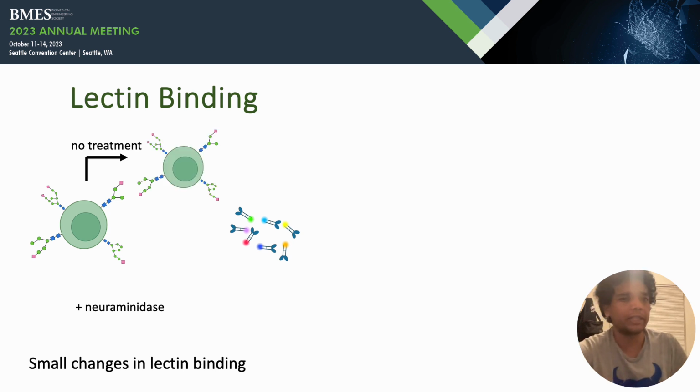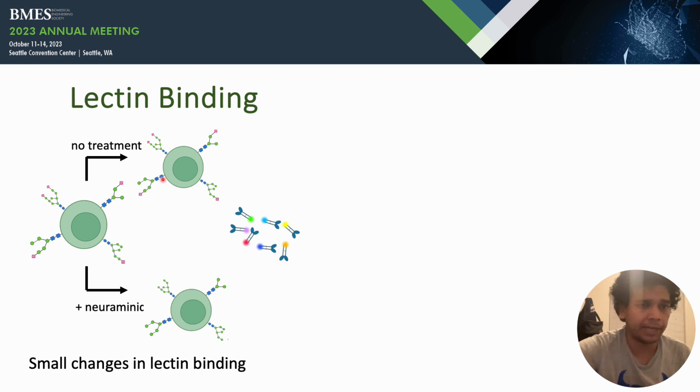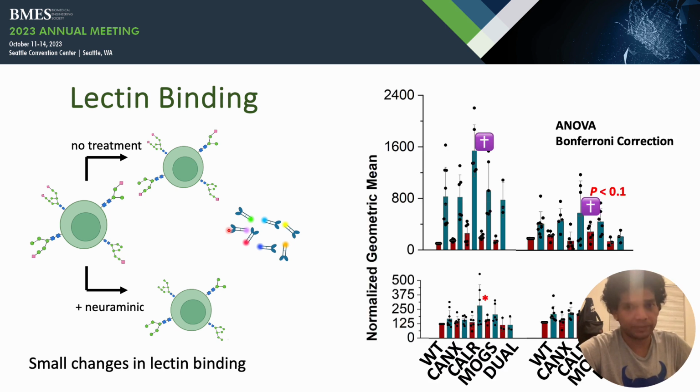Thereafter, we did this lectin binding study, where we take the cells and use two kinds of cells. First, we treat the cells with neuraminidase sialidase, and we use cells without any treatment. After that, we combine these cells with lectin fluorophore conjugates. We used 23 different lectin fluorophore conjugates, and out of these 23 lectins, we are able to identify